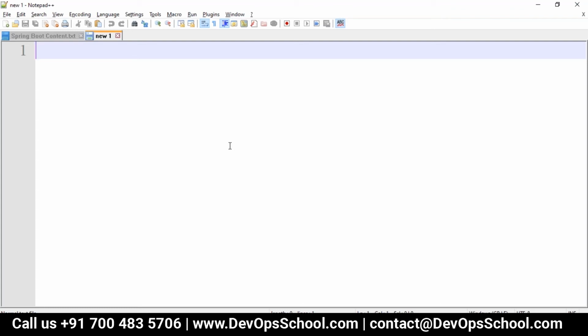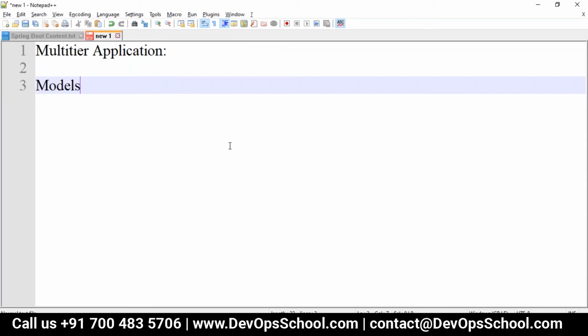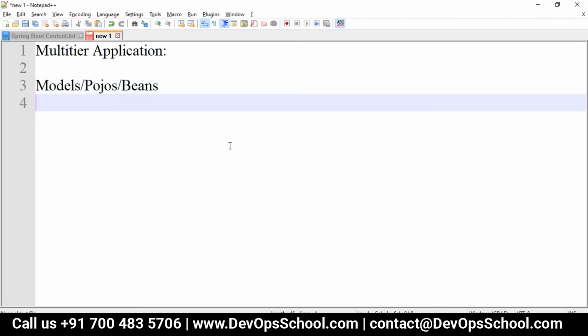So basically, when we go with any project development, we make it a multi-tier application, where we configure models, which we can call POJOs, or sometimes beans, which always have properties like getters and setters. Depending on our requirement, we construct our classes as simple POJOs, with constructors, getters, and setters, and we always follow the rule that a class containing getters and setters does not have any business logic and always has a default constructor.